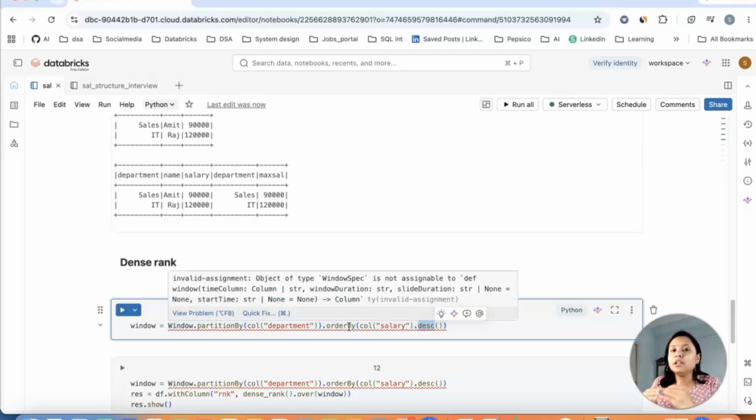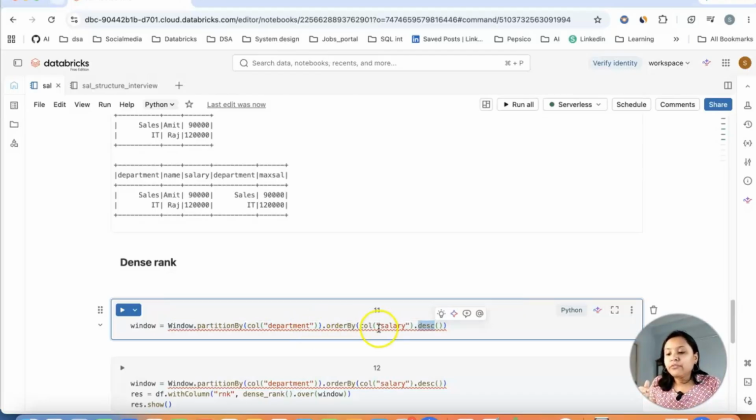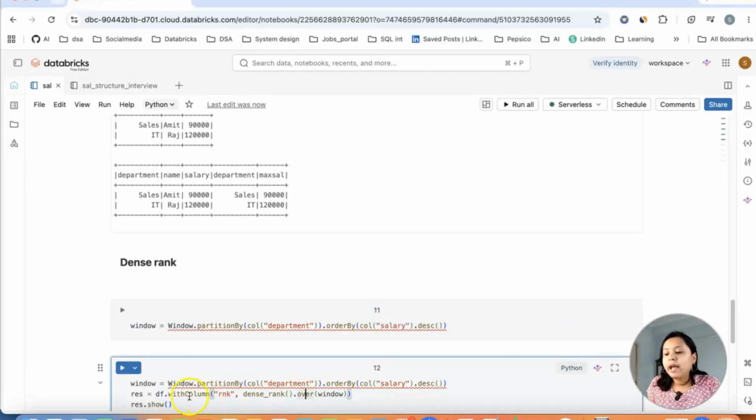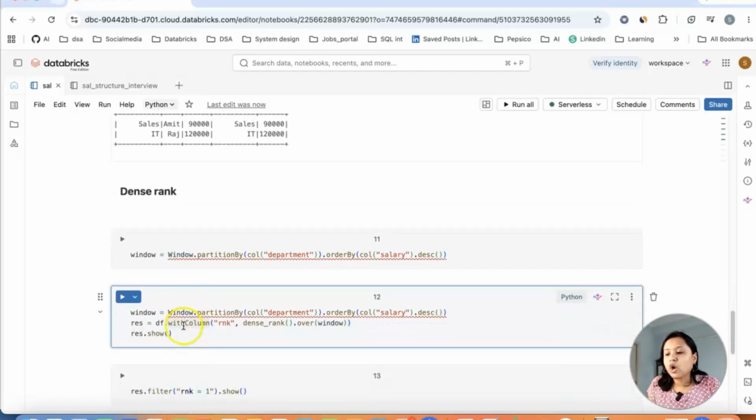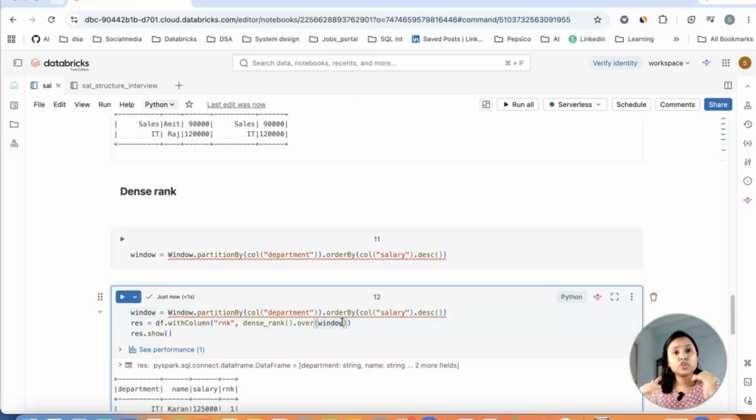Dense rank means even if that particular department has the same salary twice, it will be assigned the same number. So for example, I have created a column here which is called rank, and I'm doing a dense rank over that particular window, and I'm going ahead and showing that result.